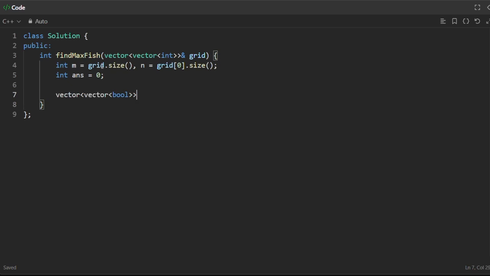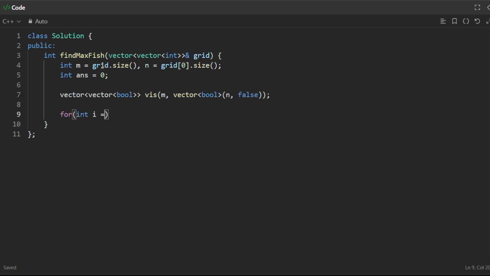Its name we can keep as visited, and its size will be m cross n. So m comma vector bool and then n comma false. Initially we will keep all of them as false. Then we will run a for loop of i starting from 0 going till m, i plus plus, and then inside this we will run a for loop of j starting from 0 going till n, j plus plus, right? Now inside this we will call our DFS function for i comma j,